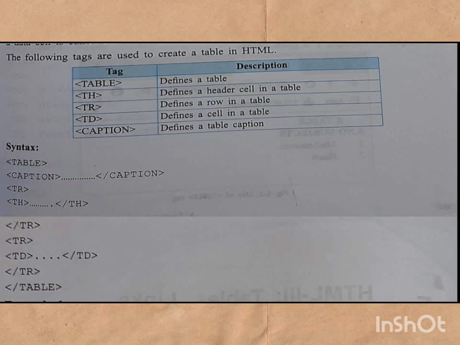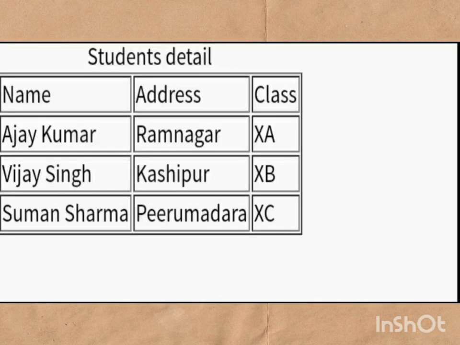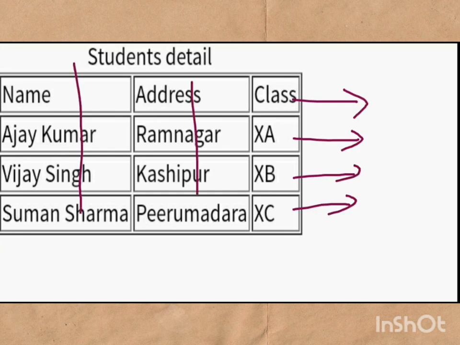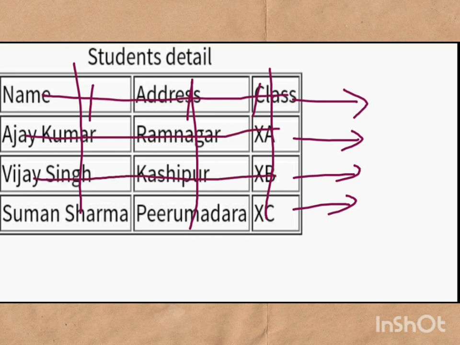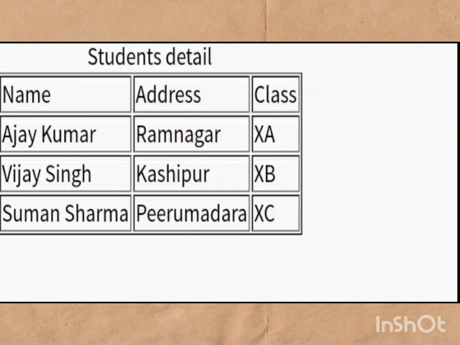That's all. Now class, I have created one table for you. This table, student details, I want to create. So first of all I have to see how many rows I have created. So this is your row number 1, row number 2, row number 3, row number 4. This is your column number 1, column number 2, column number 3. And you can see nothing is bold in this. So all are td. So under first tr we will use 3 tds. Under second tr we will use 3 tds. Under third also and under fourth also. So in this way we can create.